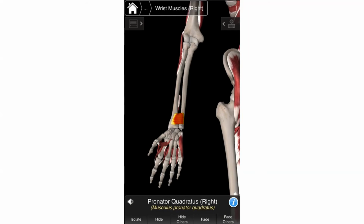Then we have the other pronator. You can see from the picture there that we had to strip off quite a few layers of muscle. So Pronator Quadratus is a fairly deep muscle. It's underneath some of those wrist flexors and finger flexors that we're going to talk about in a minute. So it's the deepest layer, and you can also see it's a fairly small muscle, right? The name comes from the shape,